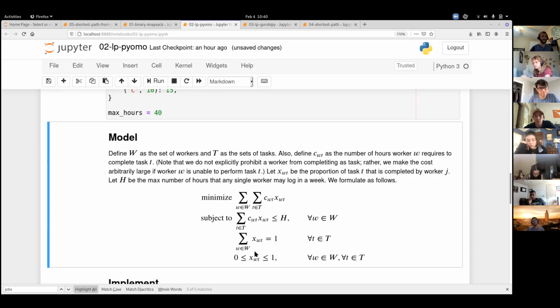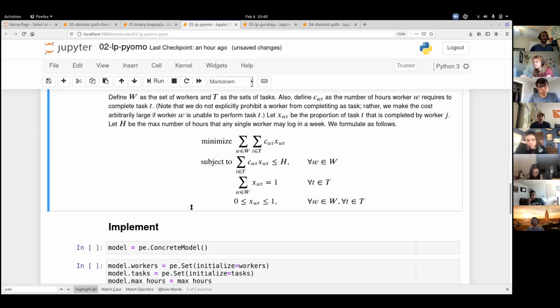And then finally, the proportions intuitively must all fall between the values of 0 and 1. So we just place an upper bound, right? We're saying X is non-negative, and they're all upper bounded by 1. So this is the model we're going to implement in Pyomo. So again, first step, create the model. Second step,